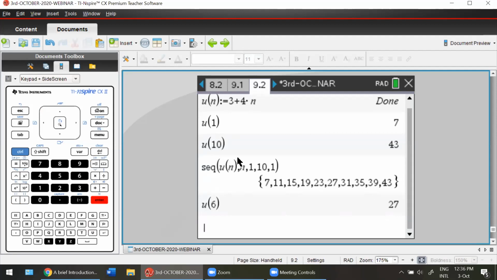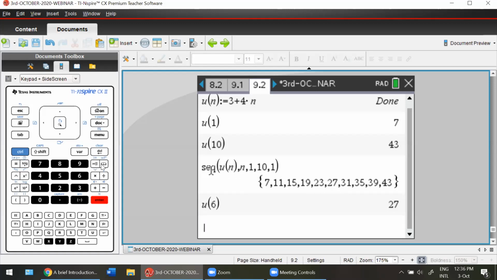How do I know I'm correct? Well, very cleverly, I had already wanted to list down the terms of my sequence. So first term, second term, third term, fourth term, fifth term, and the sixth term. So you know that the sixth term of the sequence is 27. Now, how did I get this?